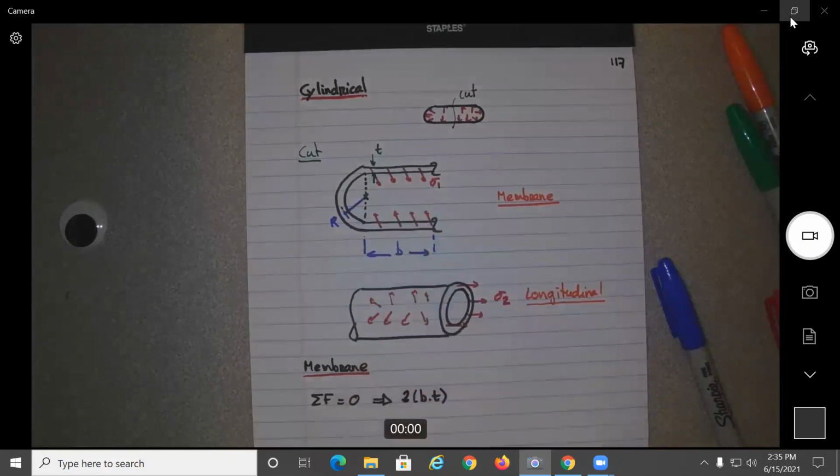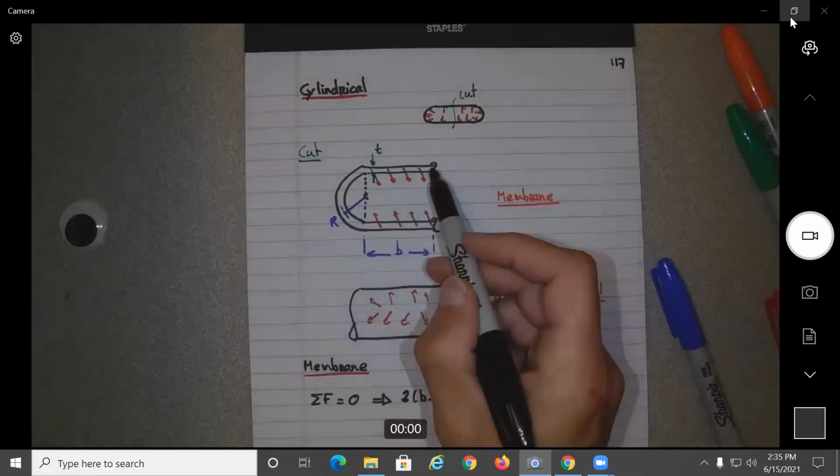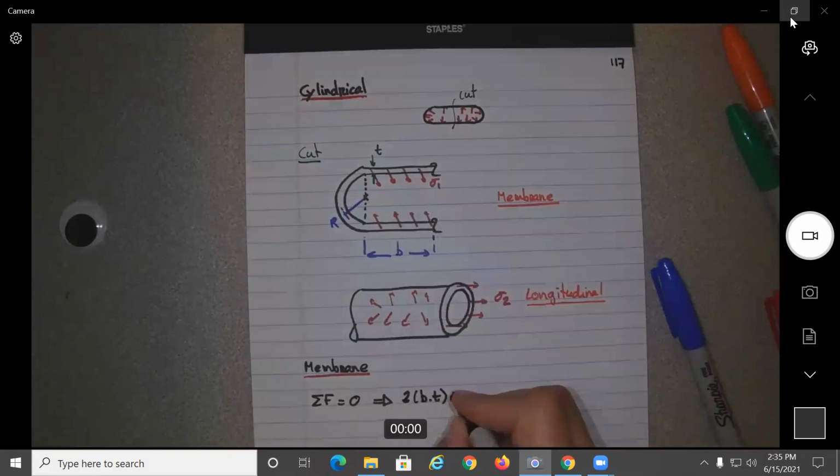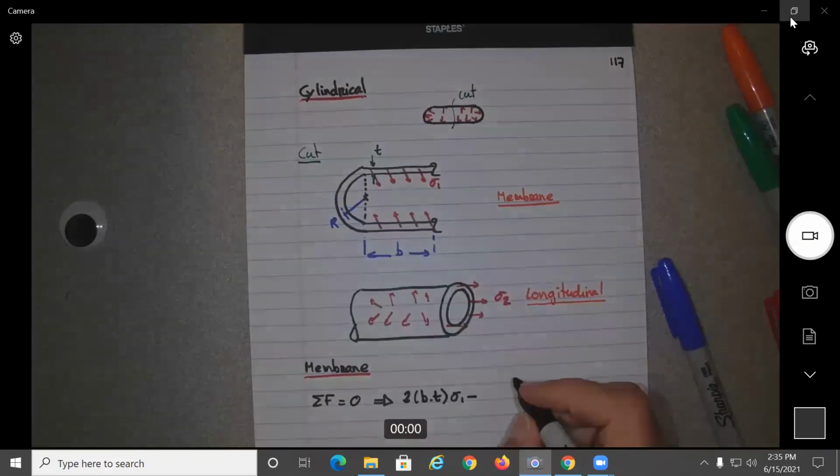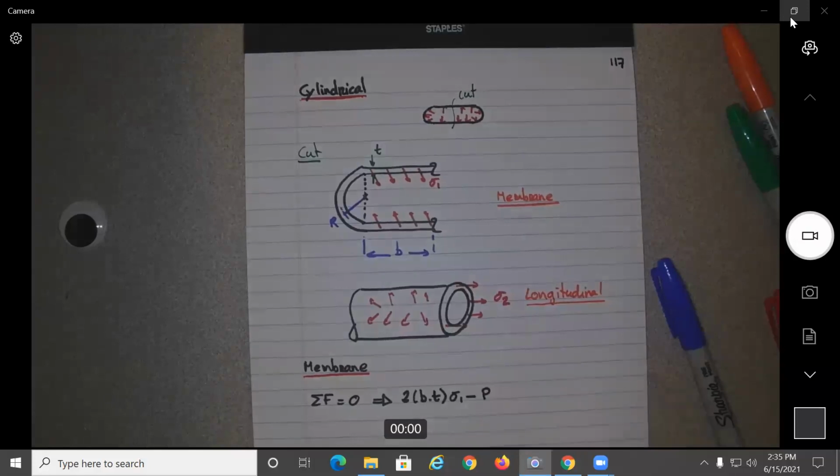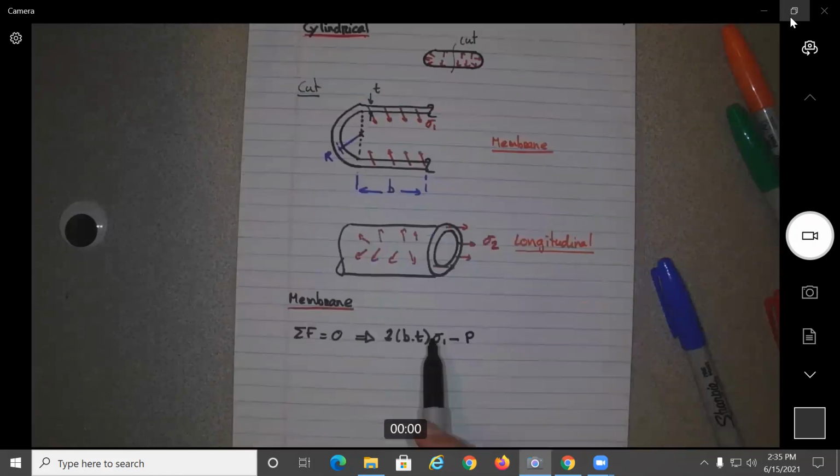And now, what is the force? Area times stress will give you the force, sigma 1, minus the value of the pressure inside. So basically, what do the stresses do? They need to compensate the force of the pressure inside, no? That action-reaction will be the pressure acting on